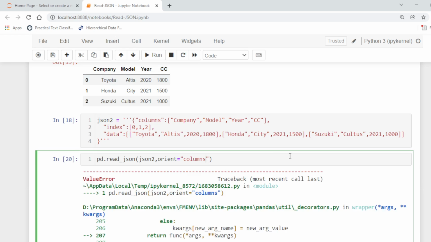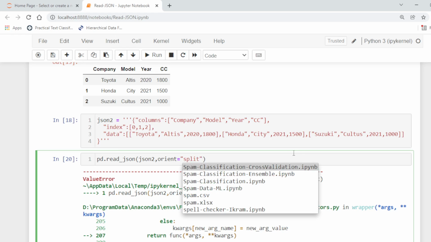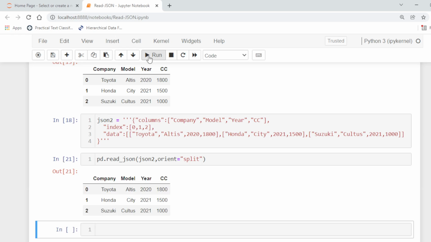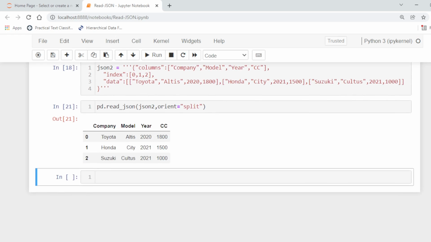So it is very important to know about the orient, the expected string format. There are other formats like index, columns, values. Values, for example, is just like an array.